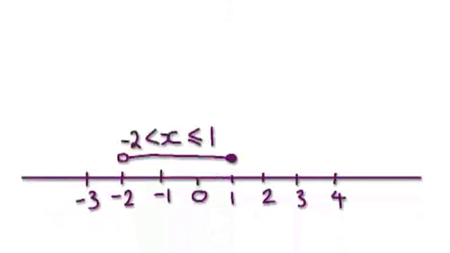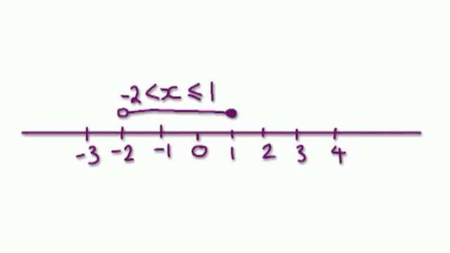Okay, let me give you guys some more examples. But before I do, just a quick reminder from our section on inequalities. If you have a circle with a blank, it means it doesn't include the negative 2. And if you have a filled-in circle, it means it does include the 1. So for you to have a range here, you see x is strictly greater